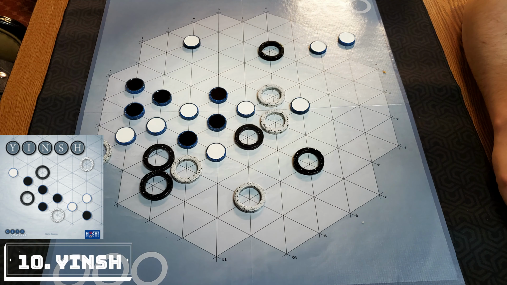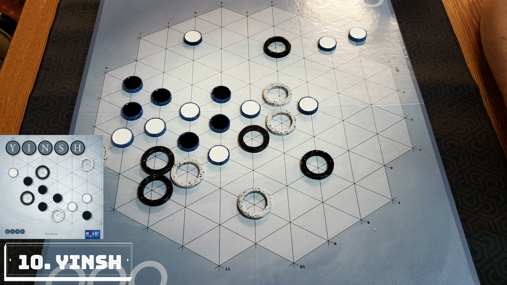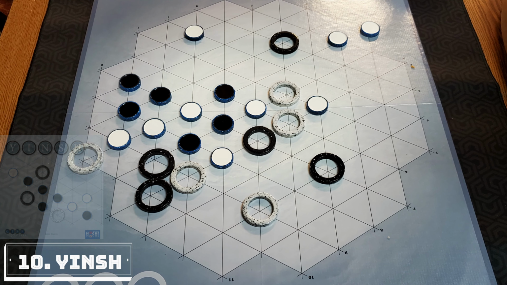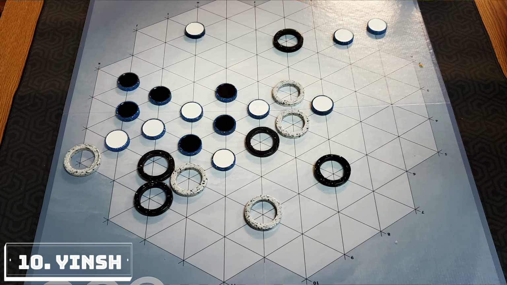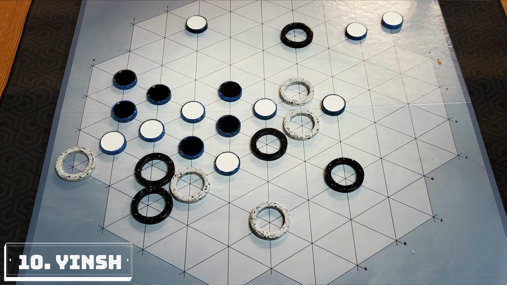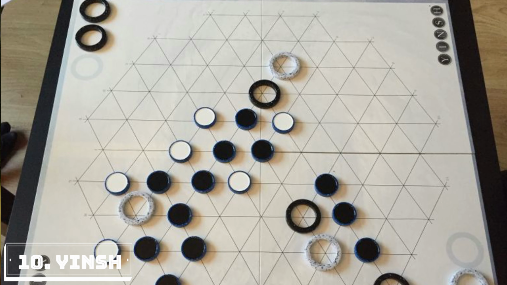And Yinsh is this abstract two-player only, of course, game that combines 5 in a row with checkers. Each player starts with 5 rings on this grid type of board, and your rings will just go in this straight line on these lines of that grid. Whenever you move your ring, it leaves behind a marker of your color on that spot, and then whenever these markers are jumped, they switch to the other color,